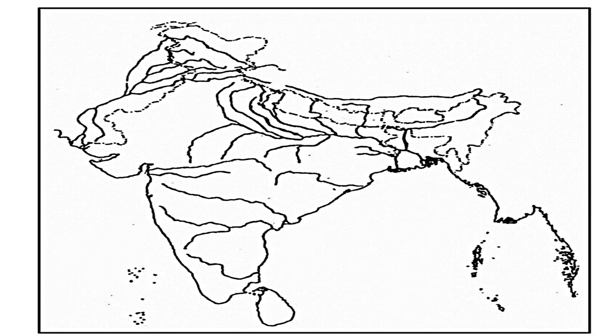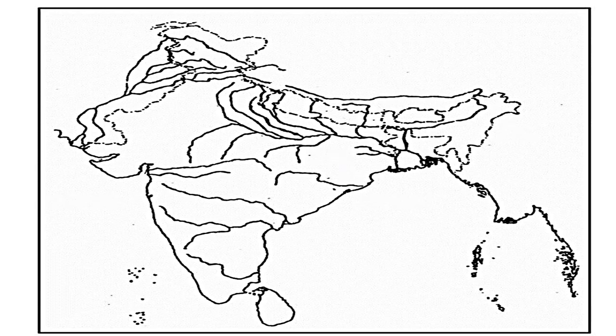Now let's move on to distribution of minerals. Only 3 minerals have to be marked for board examination, that is iron ore, coal and oil field. It should be marked in red dot. Jharia is located right in front of the tributary of Damodar river. Directly below is Singhbhum. Digboi is the onshore oil field. Mumbai High is shown in the Arabian Sea. It should not touch the coast.